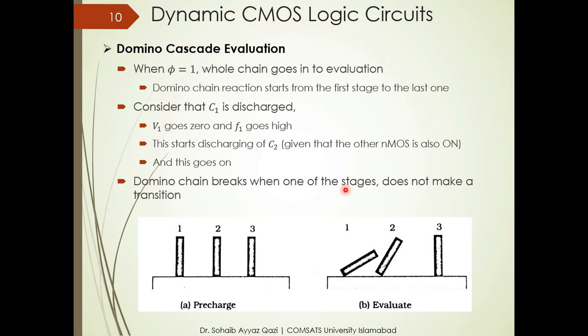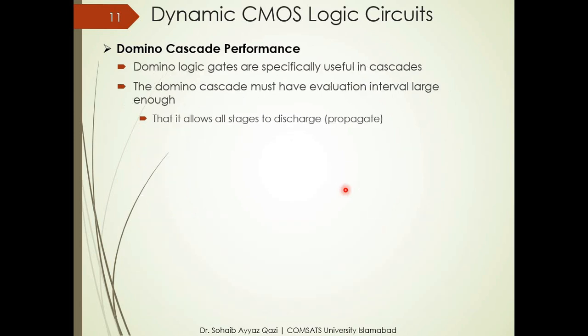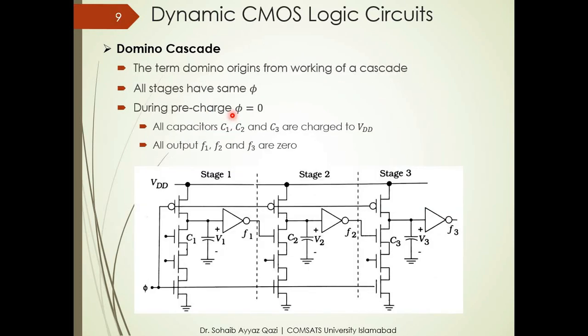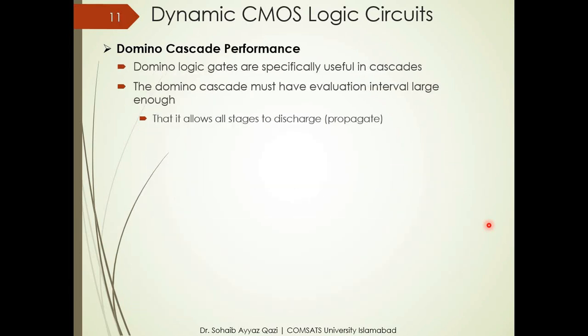So there are some limitations for this domino cascade performance। First condition is the domino logic gates are specifically used in cascades। So the other thing is the domino cascade must have evaluation interval large enough। Like for example, this evaluation interval, if this evaluation interval is not large, then one stage can stand to the maximum value. So this stage cannot fall. If this stage does not fall, the next stage from stage 4, if we have it here, that will remain high as well।